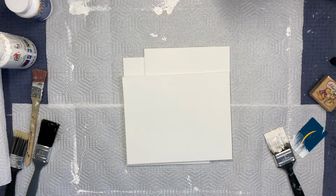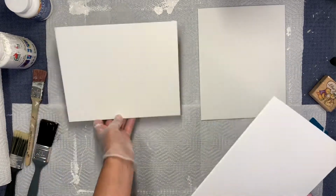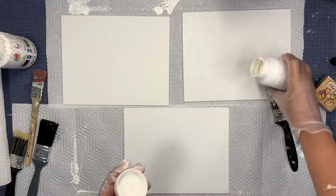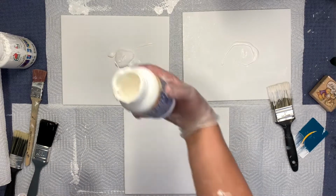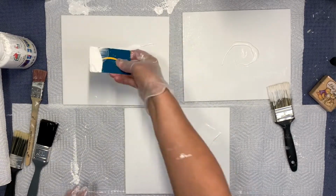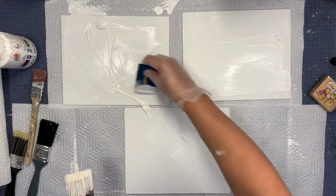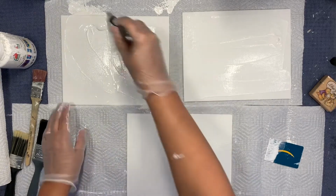They're only an 8x10, so it's a nice size to work with if we're just starting out. I'm not a canvas painter by any means, but you can see I was already painting. You can see the mess behind these panels already. So I gessoed another canvas from a friend of mine, and that's going to be probably another video. Maybe we'll see. But the first thing I did was just cover these all up with gesso just to get the base layer on there,